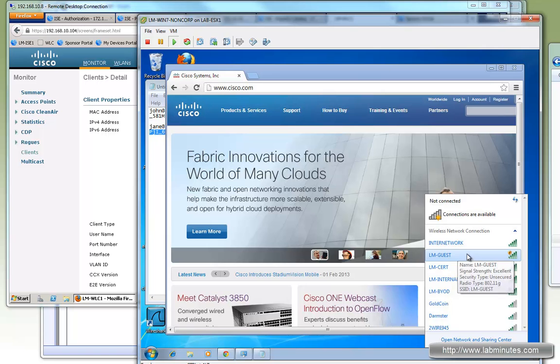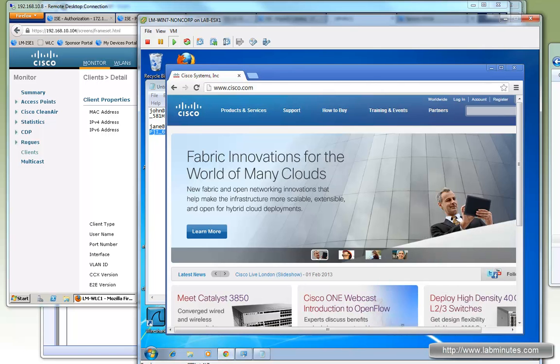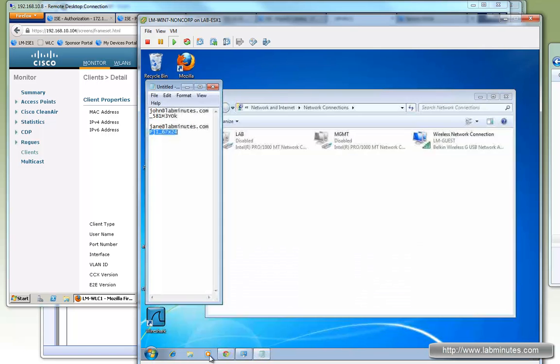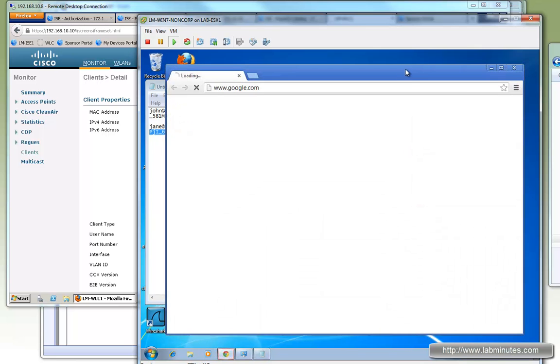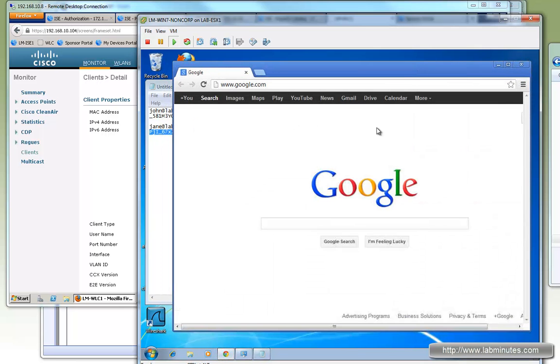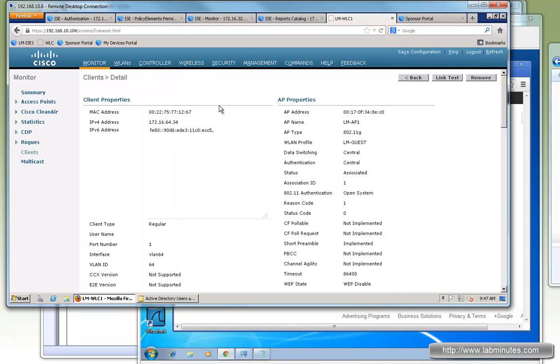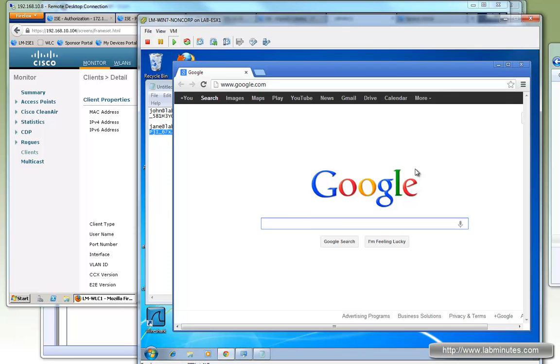So, trying to reconnect, you can see you get connected right away, and if we reopen the browser, you immediately get the internet access. So as long as the session hasn't really timed out on the wireless LAN controller, the user will be able to have access to the network. If for any reason you want to force them out of the network, we can go